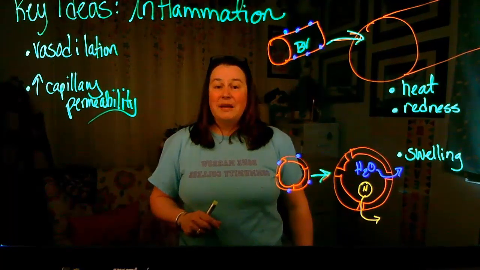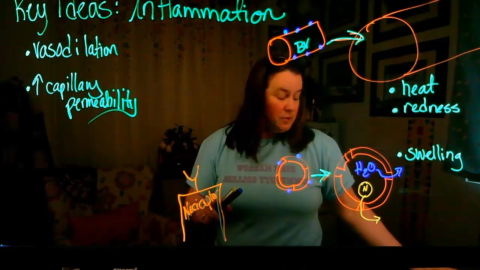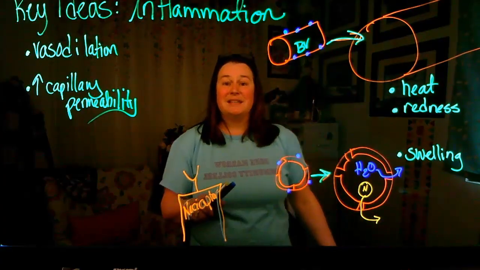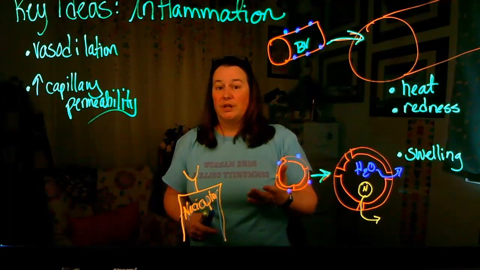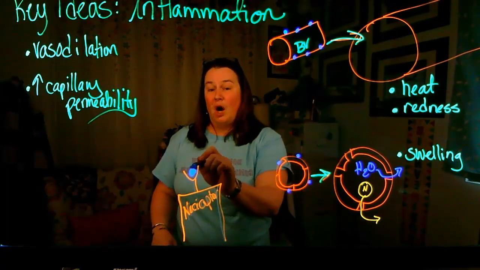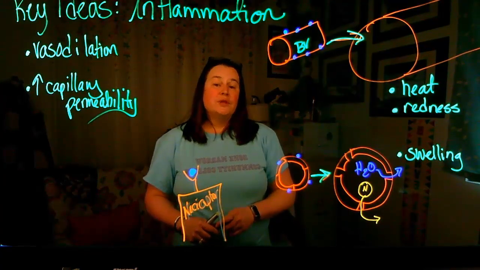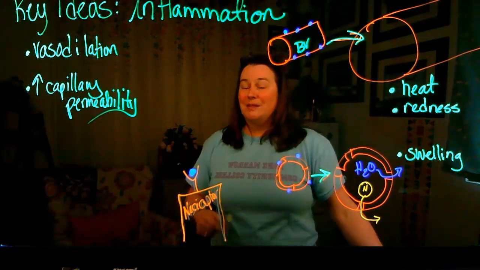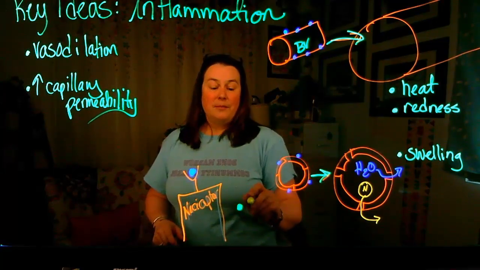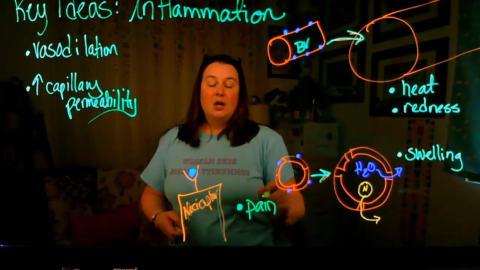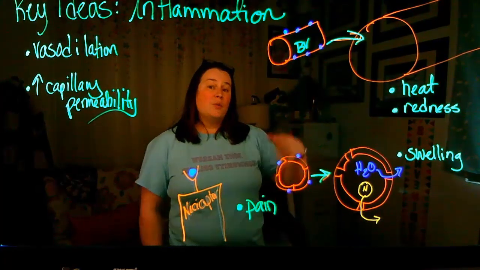Now, the final cardinal sign of inflammation is going to involve a different cell altogether. There are cells embedded in tissues that are known as nociceptors. Now, a nociceptor is going to be key in signaling about damage to the body and helping the brain pick up on the fact that there's been an injury within a tissue. So we're going to draw a little blue dot to represent the histamine binding to the nociceptor. When the nociceptor is bound, its job is to send one signal to the brain, and that is our 4th cardinal symptom of inflammation. That is pain. So a nociceptor is a pain receptor capable of sending signals to the brain that we have an issue,